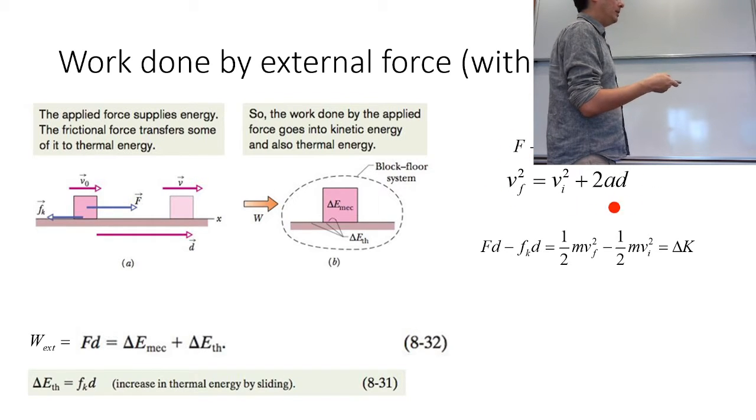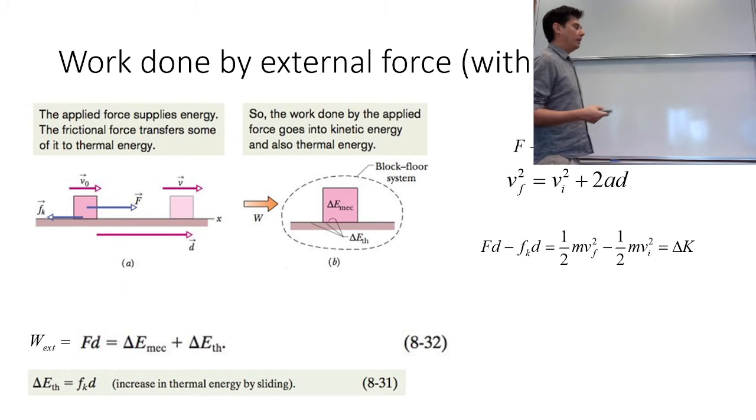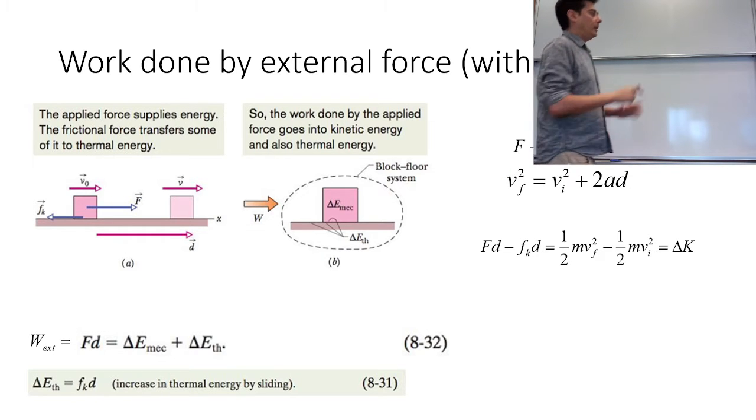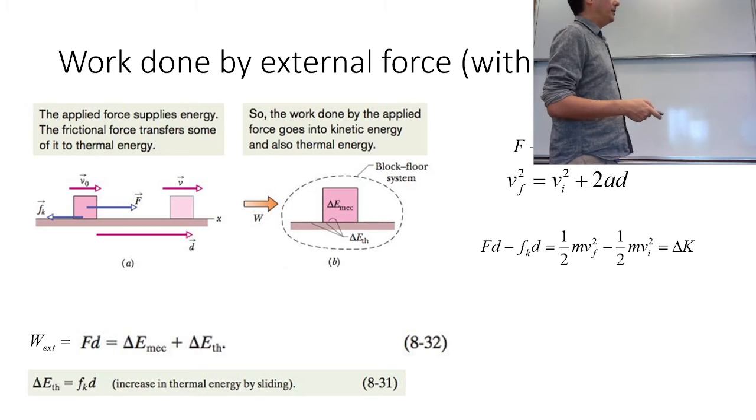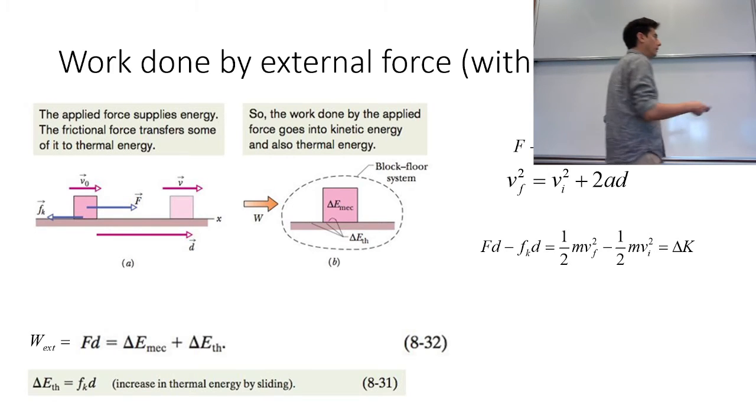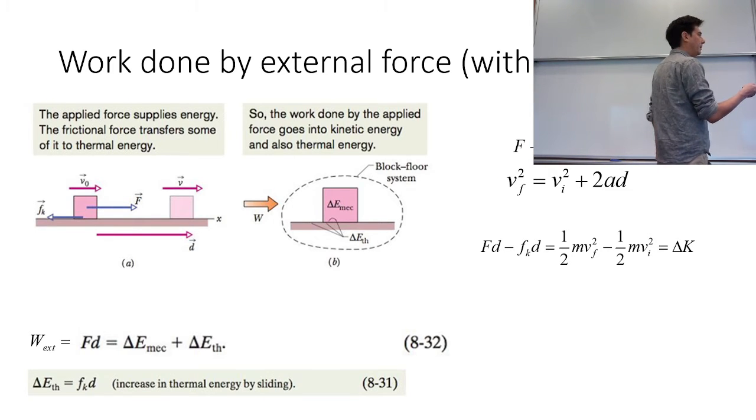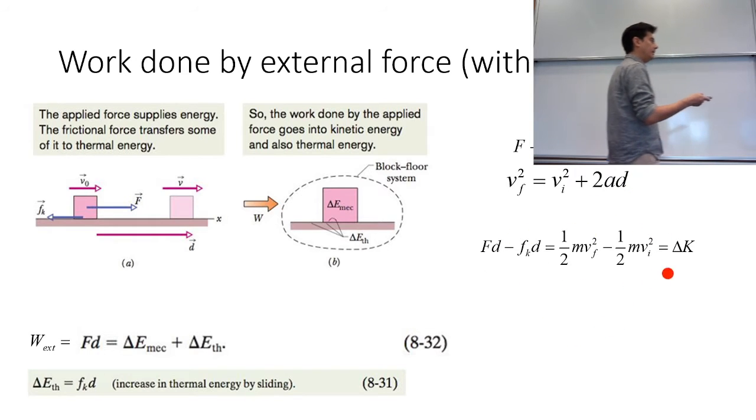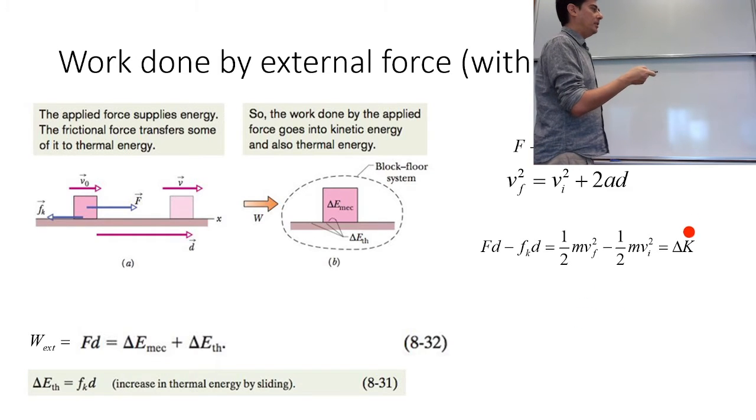This is just the equation of motion in one dimension. And then if we rearrange this equation where we eliminate acceleration from the system, we end up with an equation like this. And basically this is telling you that the change in kinetic energy of the system is equal